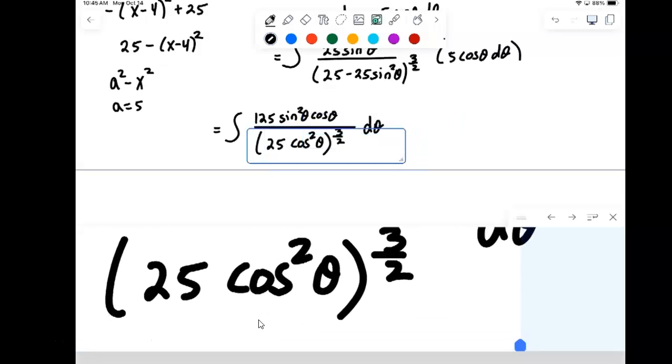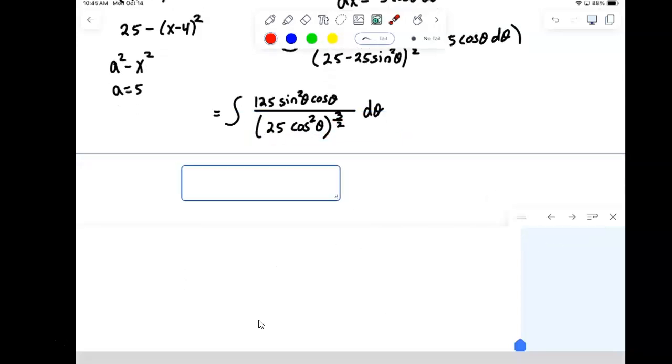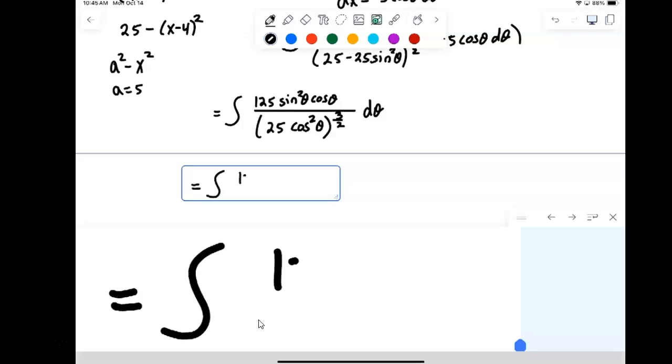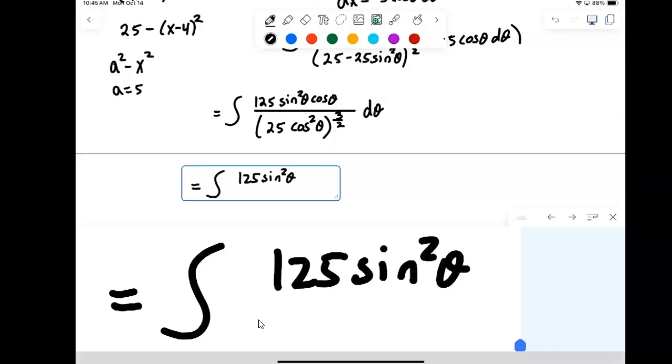So now raised to the 3/2 power. Remember, when you're raising something with a fractional power, do one of them first, then do the other. Here it's easiest to do the square root first. Square root of 25 is 5. Square root of cosine squared is cosine. And then we're raising those things to the 3rd power. So like this: integral 125 sine squared theta